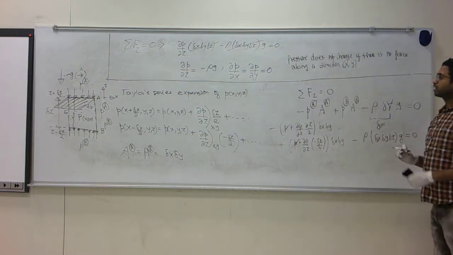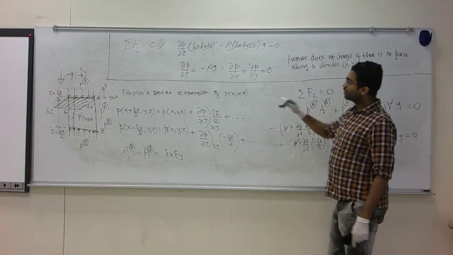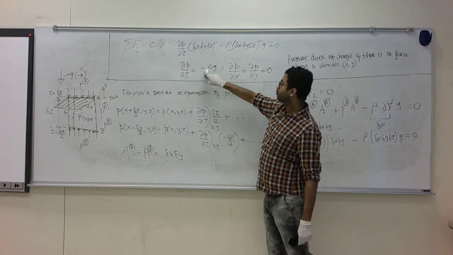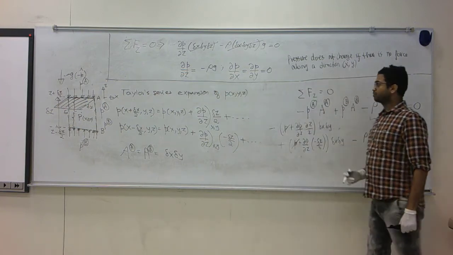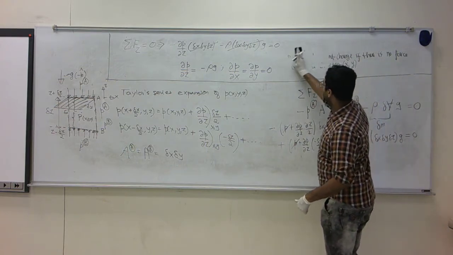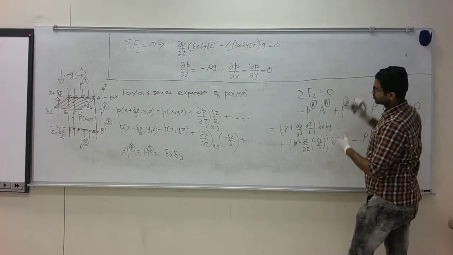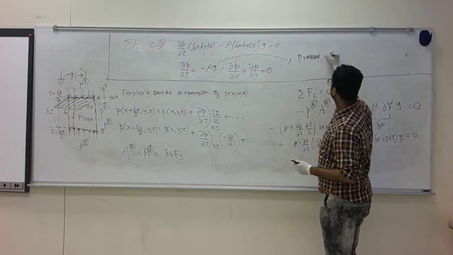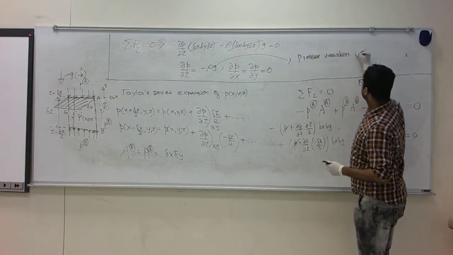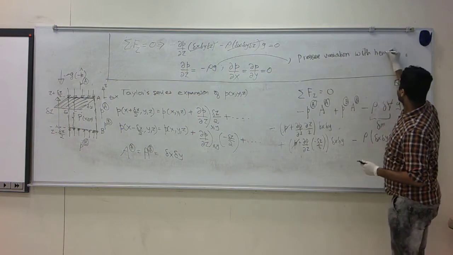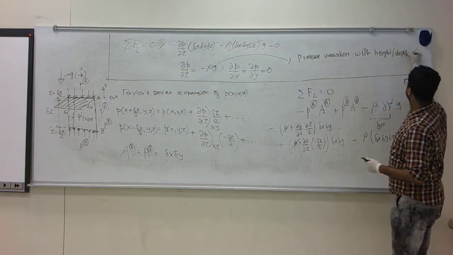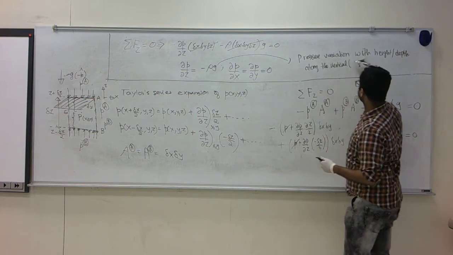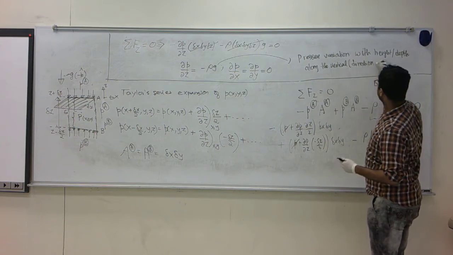So we earlier argued that the pressure has to vary only with z, and this is how it varies. The rate of change of pressure with z is equal to minus density times gravity. This is a very, very consequential equation in fluid statics. This equation tells us the pressure variation with height or depth along the vertical, or the direction of gravity.